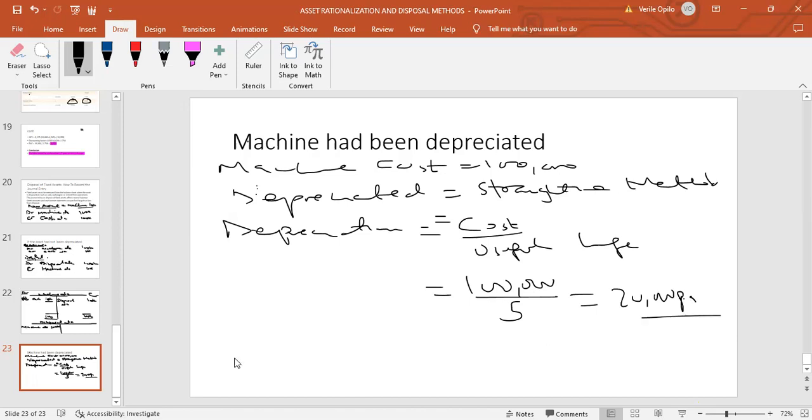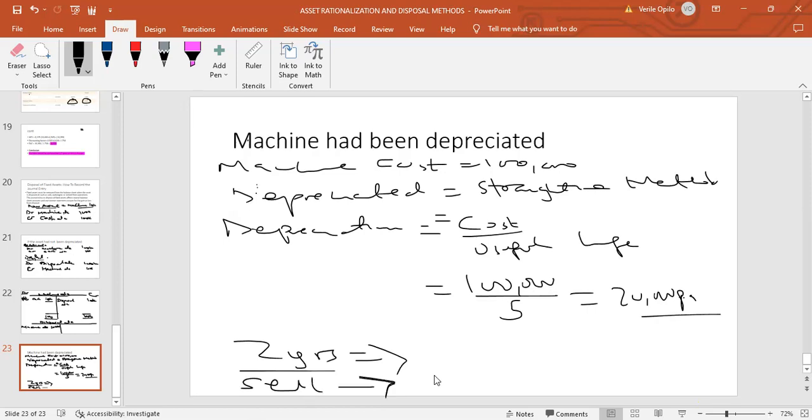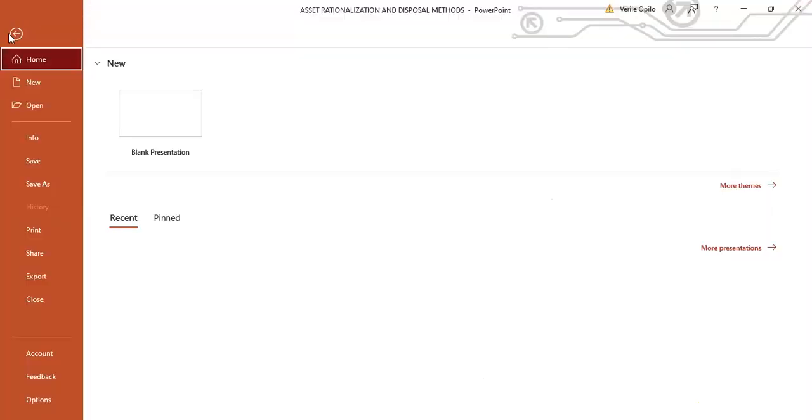So now let's say the machine is disposed of after 2 years, and then you sell it off at a price of, let's say, 70,000 Kenya shillings. We want to know, how do you dispose of this machine? So when it comes to recording the asset,